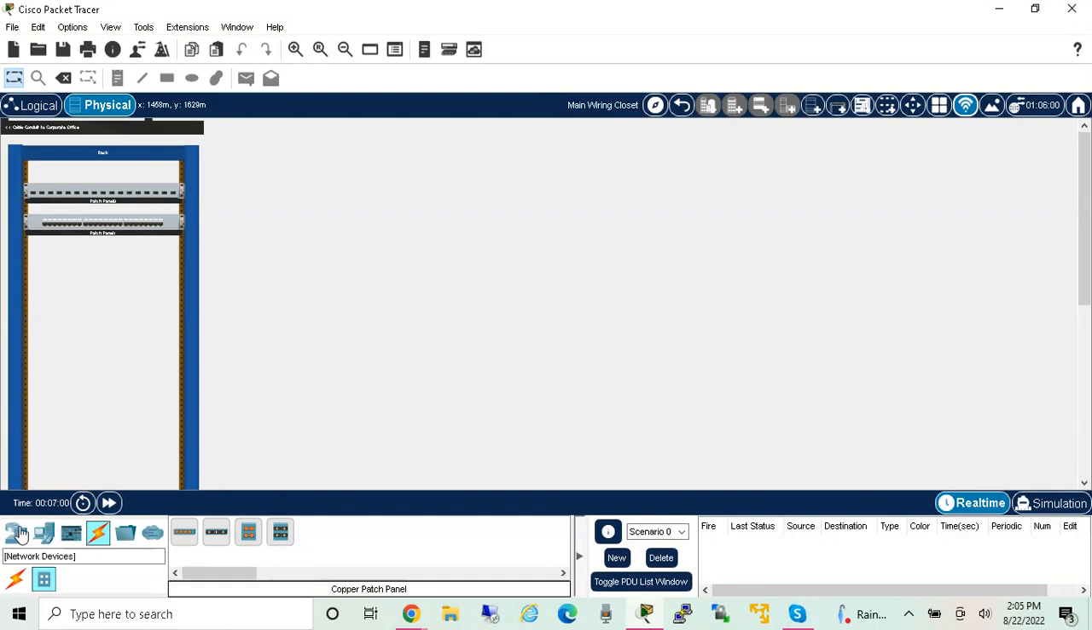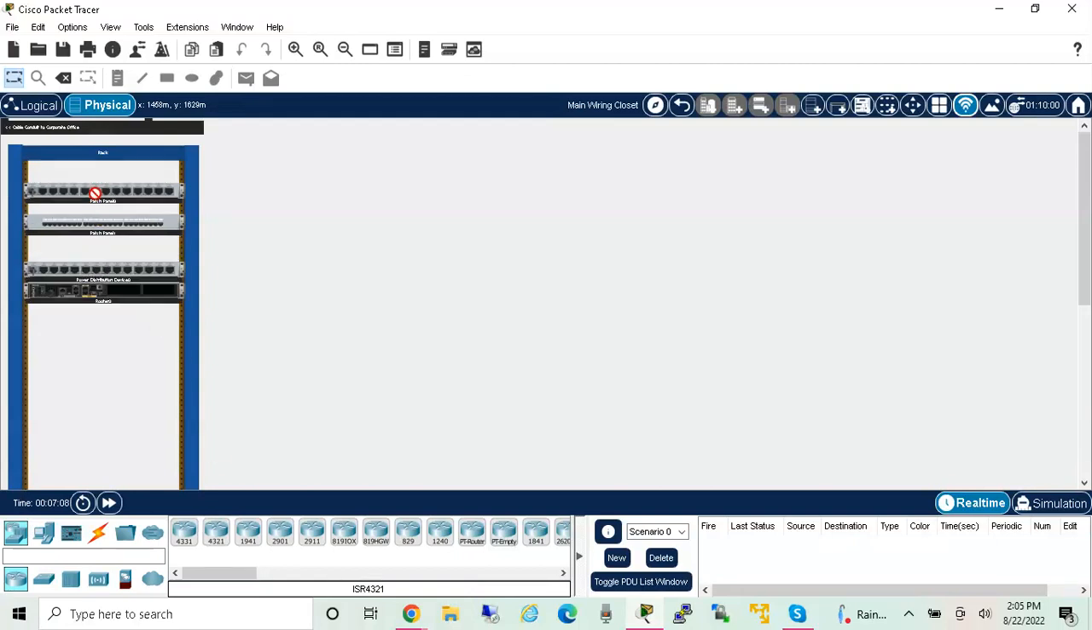I will need a router. So I'm going to go to network devices down below to routers. I will choose the 4321 router because I'm familiar with that one and I know it allows me to use a single mode